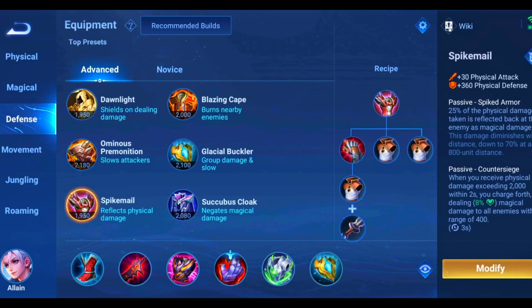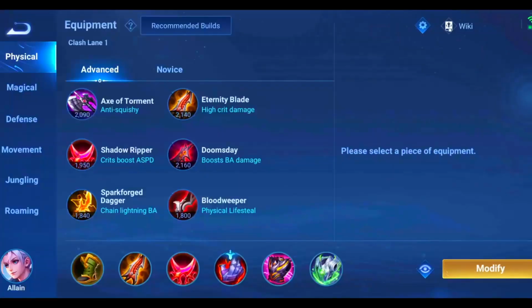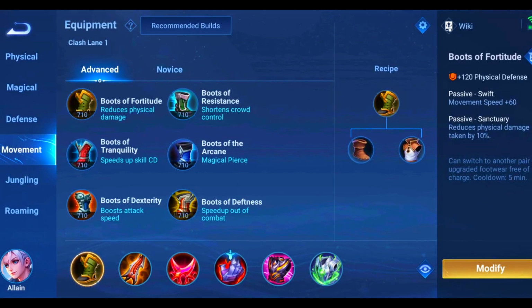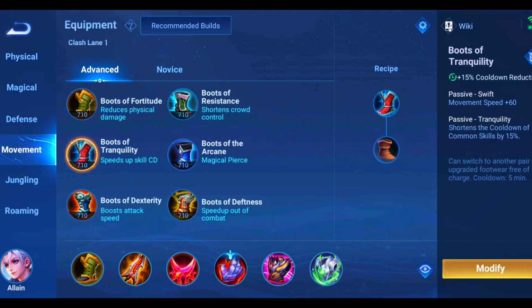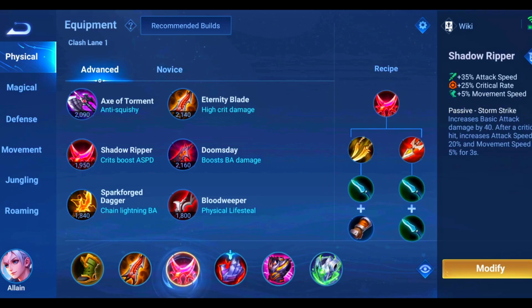Now let me explain the critical build which you can use for him. For the critical build, the first equipment, I mean the shoes, you can just go for the Boots of Fortitude or Tranquility as you wish, friend. For the second equipment, you can go for the Eternity Blade, which will give you 20% critical rate and 20% critical damage. The next equipment is the Shadow Ripper, which will give you 35% attack speed,